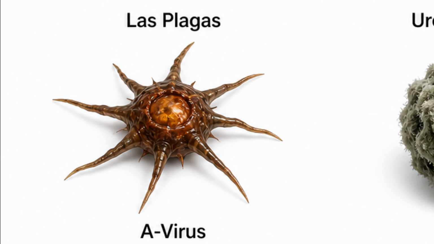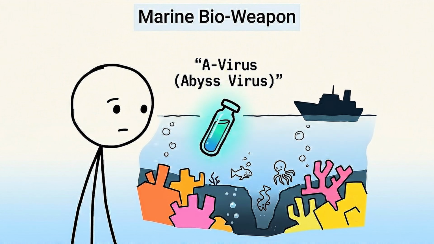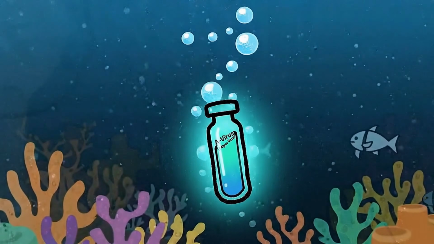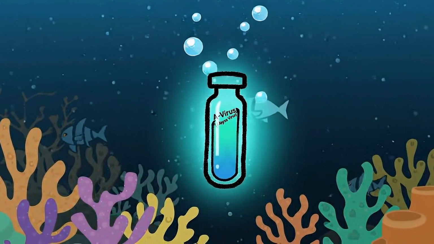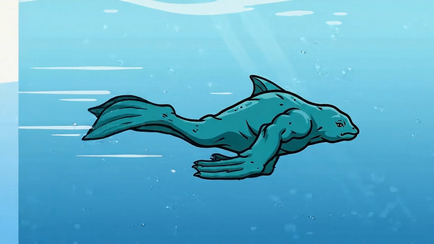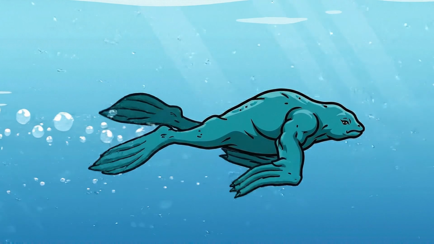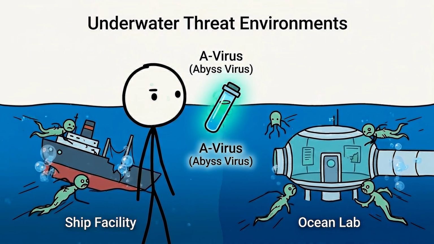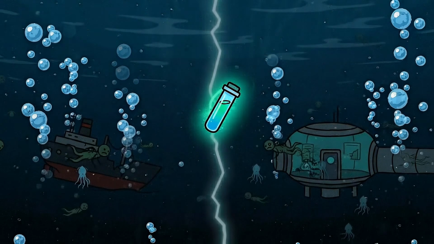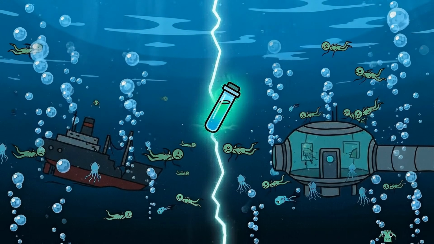A virus. The A virus, also known as the abyss virus, was created for use in marine environments. It thrives in water and causes infected hosts to mutate into sea-based creatures with enhanced swimming abilities and distorted bodies. Unlike many other viruses, it is adapted to underwater survival, making it a unique threat in isolated locations like ships